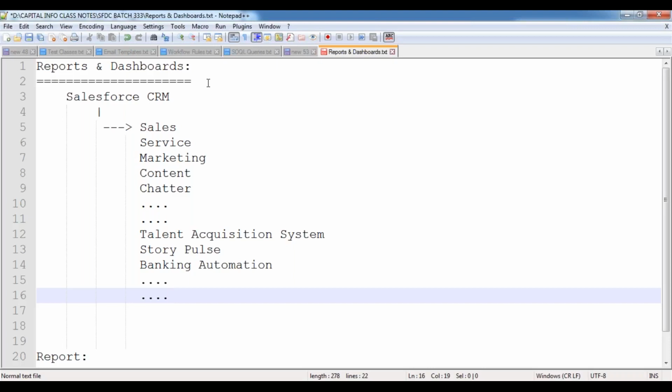Along with those applications, they have given us the provision that we can create our own custom applications also according to our business requirement, like banking, finance, insurance, healthcare, manufacturing, consulting, construction, any kind of application. So once all the applications are available inside our organization,